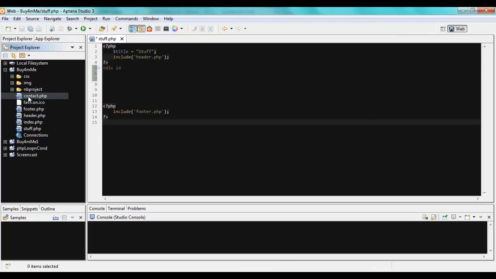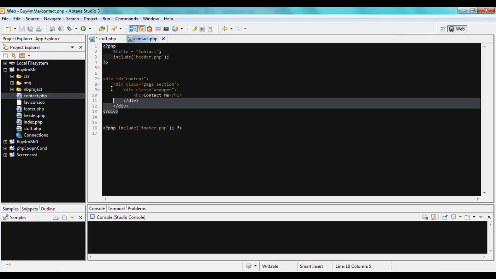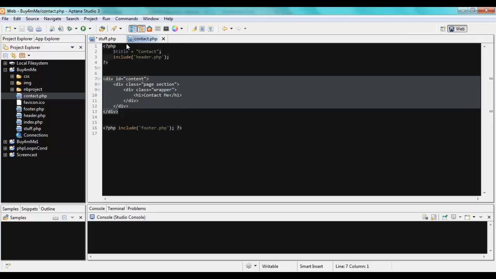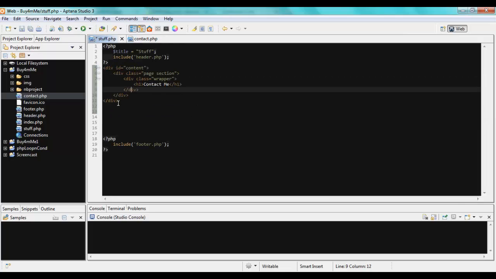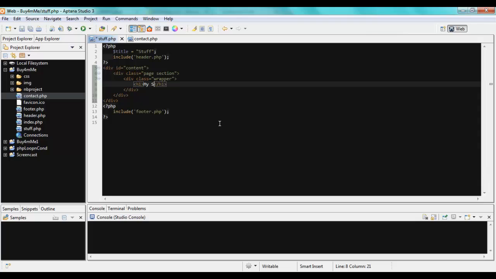I'm just going to open my contact.php page and copy the structure that we already had. Okay, so I'm going to put this structure over there from that page. Now instead of using contact me, I'm going to use my stuff